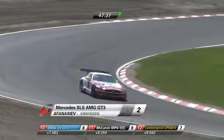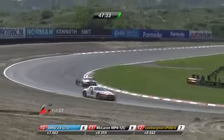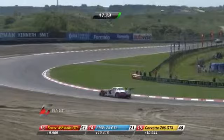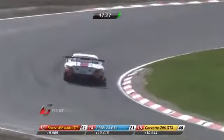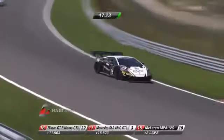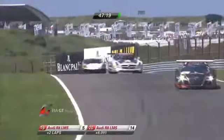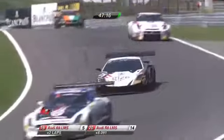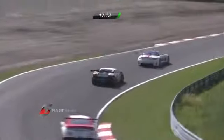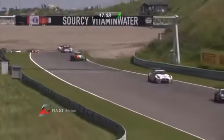He was defending all the way down the pit straight, tight against the barrier on the inside, the concrete wall, got onto the dirty inside bit of the racetrack and had just that little bit too much speed, couldn't slow it down, ran up the track, and around she went. And well, that's what happens when you defend. Sometimes it doesn't work in your favor. There's a classic example of a driver just being maybe a little bit too ambitious and trying to defend his position. That puts Lucas Ordonez up into second position in the Pro-Am class then, as they all start to queue